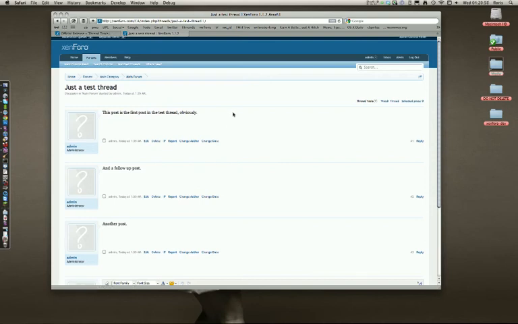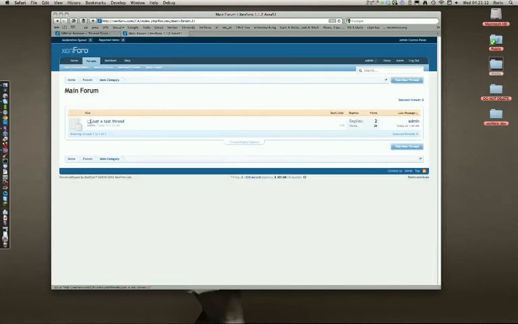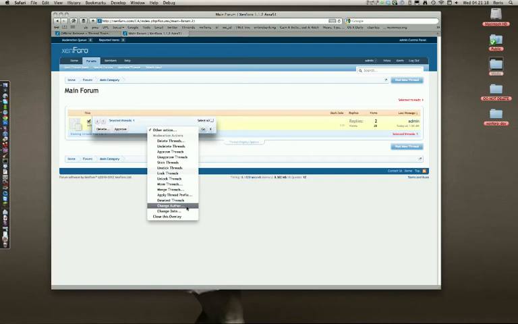A little mini glitch there. But this also applies to the thread tools drop down. This is just inline moderation or directly per post. And this also applies to inline moderation on the thread list,